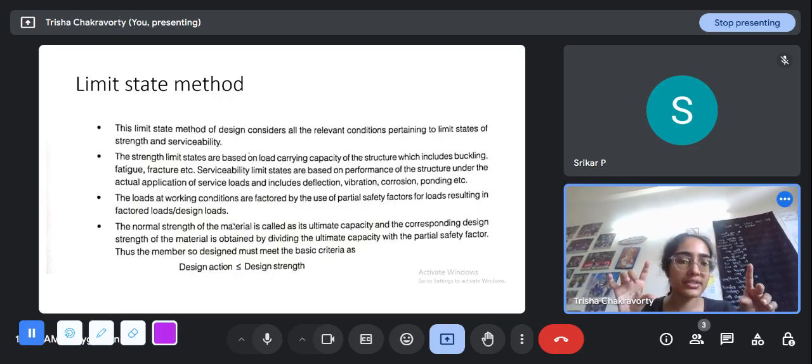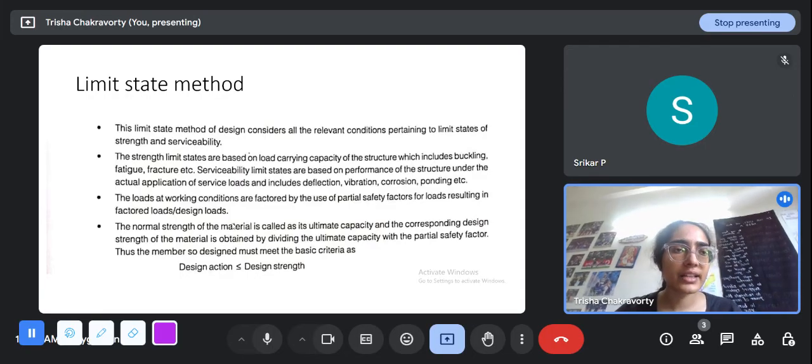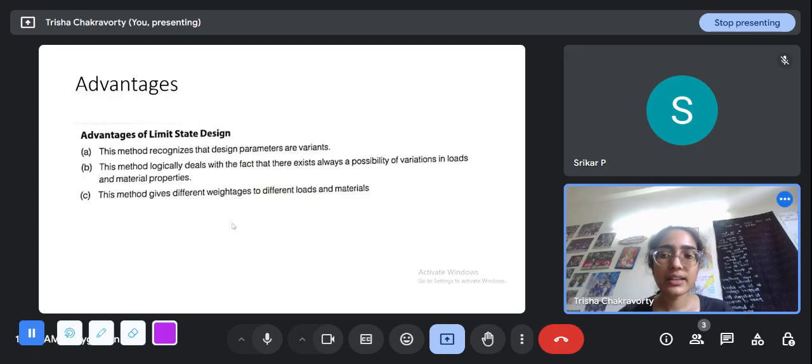It is a mathematical expression. If that is greater than or equal to 0, the limit state is fine. If it is less than 0, the limit state is being violated. From that we can get the probability of failure of a structure, and then we can get the reliability of the structure, and that's a whole branch of civil engineering, or generally engineering, risk and reliability.